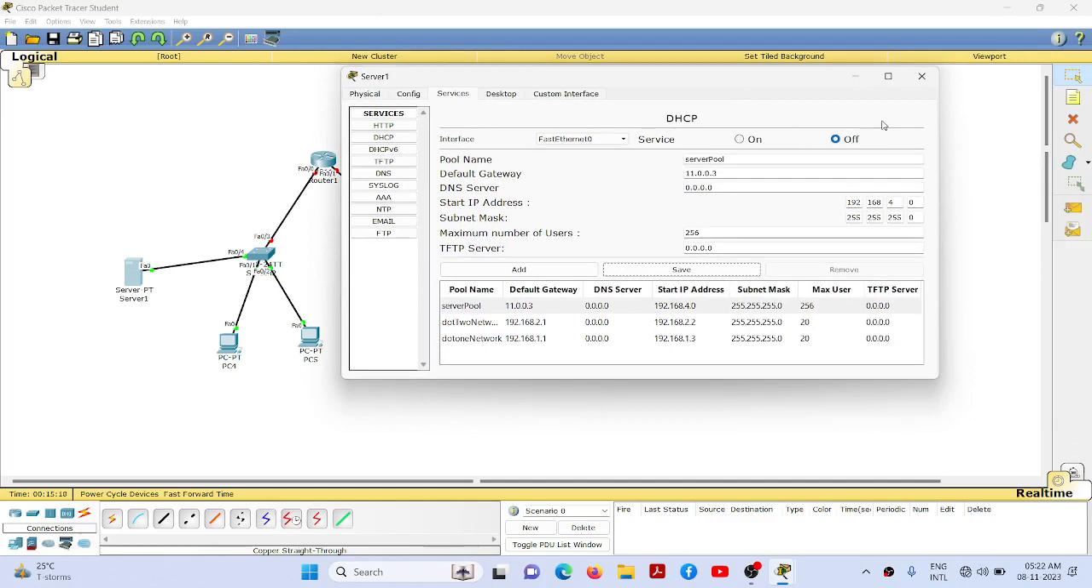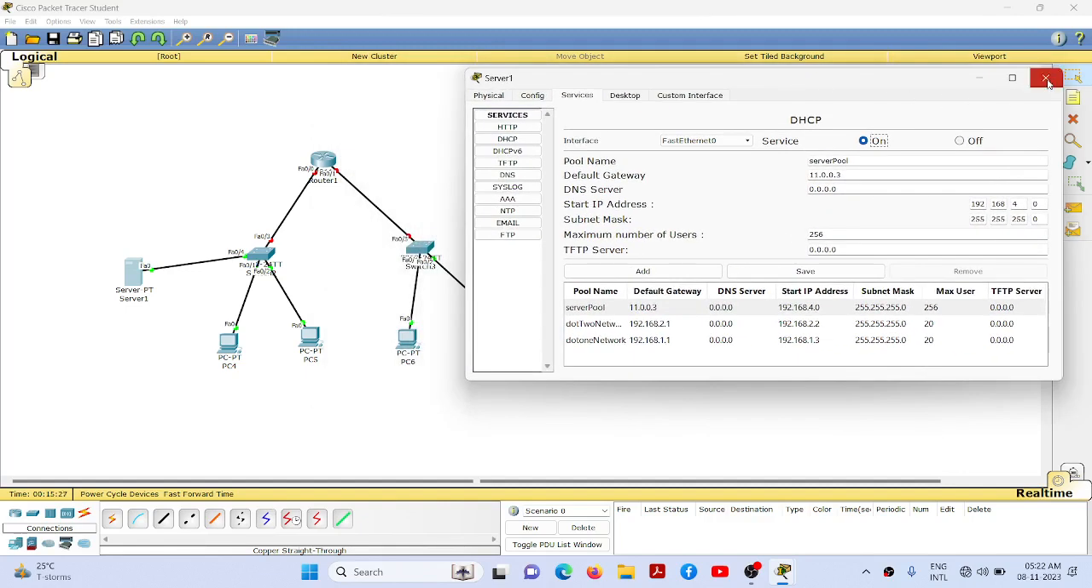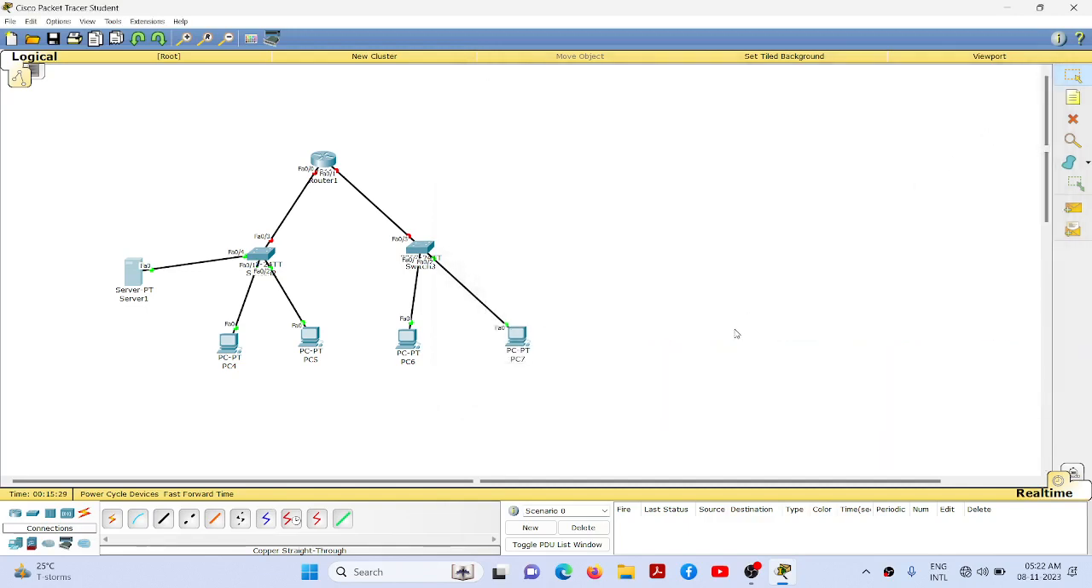So you may close this. Okay, the server is not on, so just turn on the server and close it. And now the server is turned on. So the next step, we need to